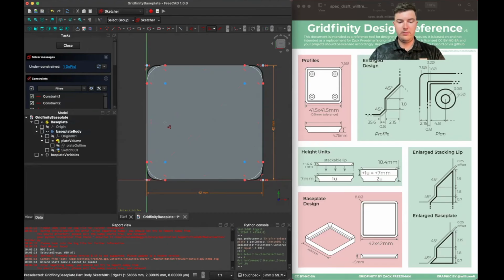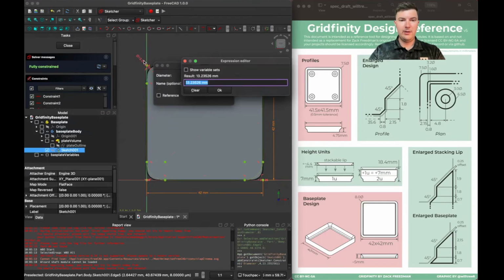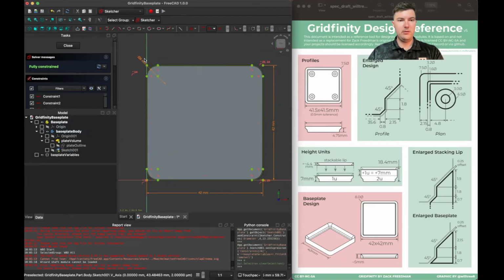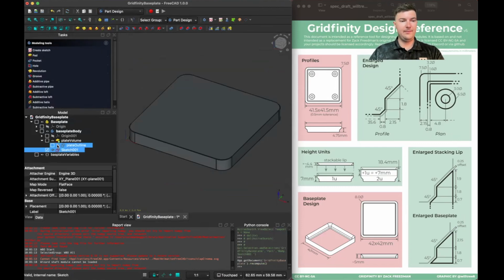Now, I don't want the Smart Dimension tool. I want to use KO to dimension a diameter. This diameter is going to be, referencing my variables, and I'm going to reference fillet diameter 1 of 8 millimeters. I'm going to close this sketch,